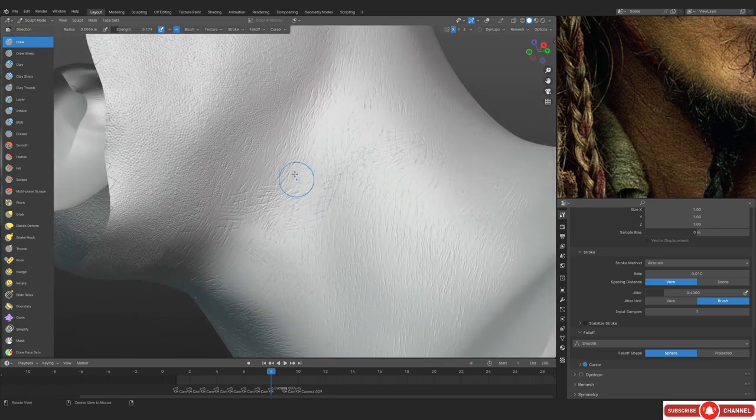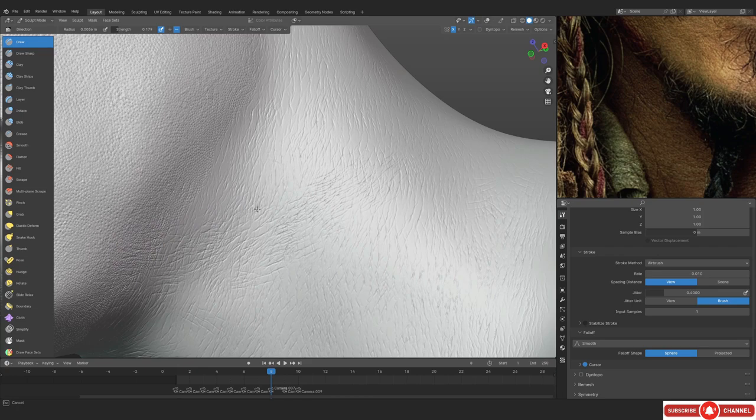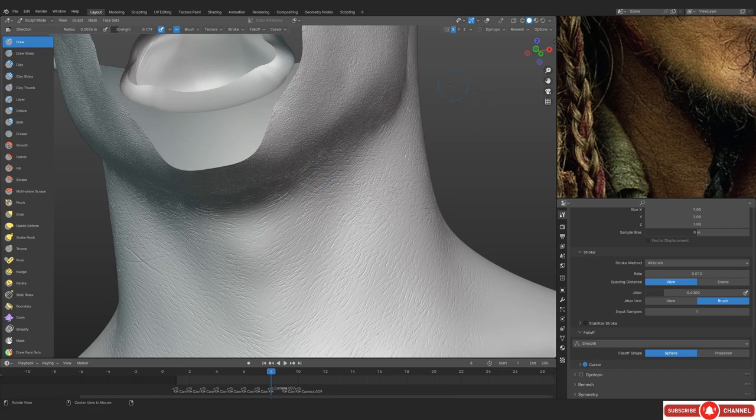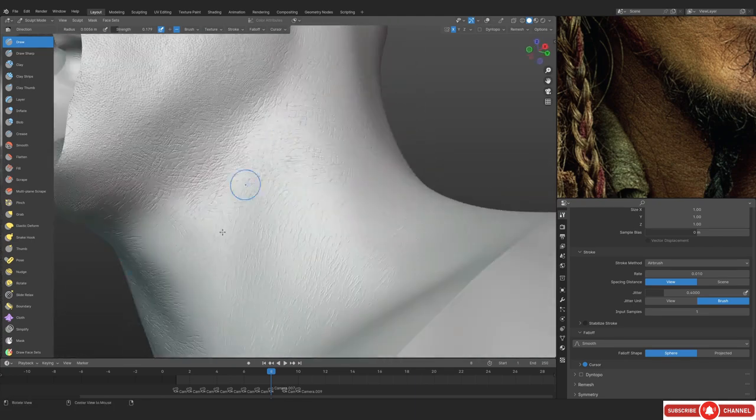So this is going to be creating that crisscross thing that I was talking about. And you can see that I'm literally just doing it on the pores as well, so that we can actually blend the skin of the neck with the skin of our cheek area, the face area basically. And you can see what we are getting. We are kind of getting a leathery kind of look, right?